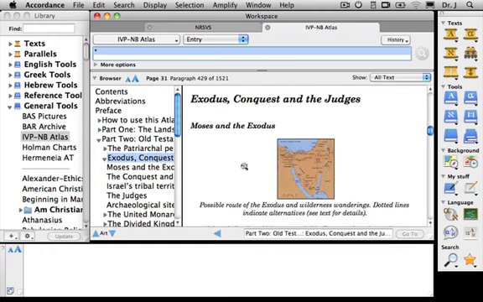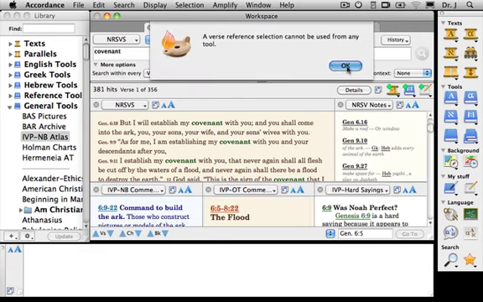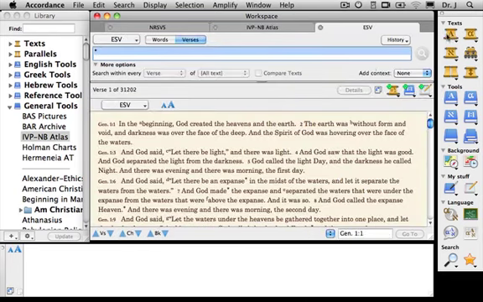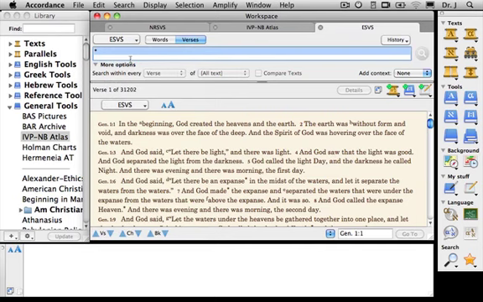The other way to add a tab is to go over to text and, making sure I don't have anything selected in my workspace, simply to click the relevant icon, in this case, Texts. Apparently I do have something selected. Let's unselect it, and I'll click Text. There we go. You'll notice that the ESV opened,